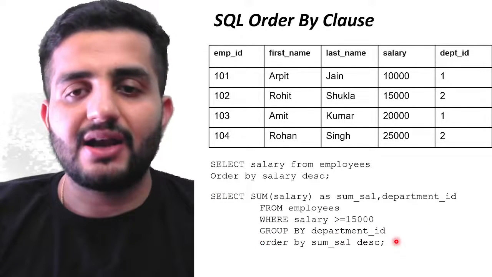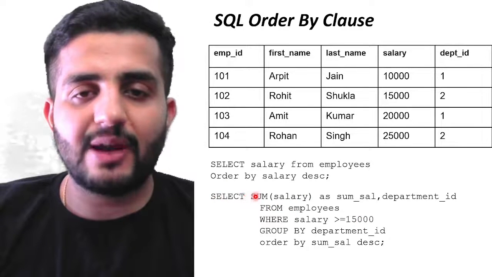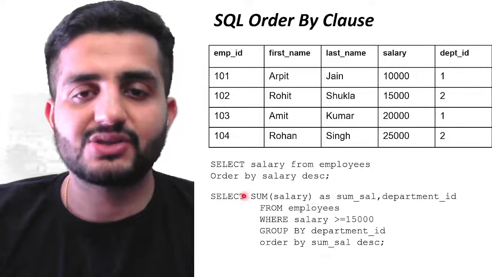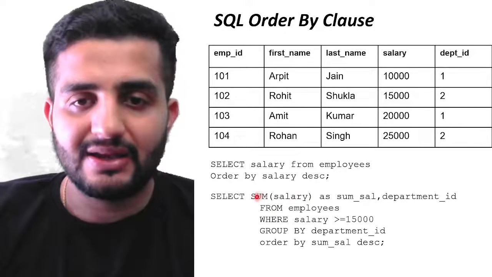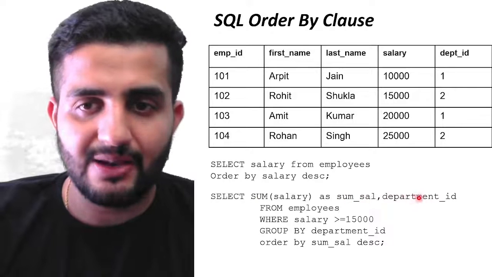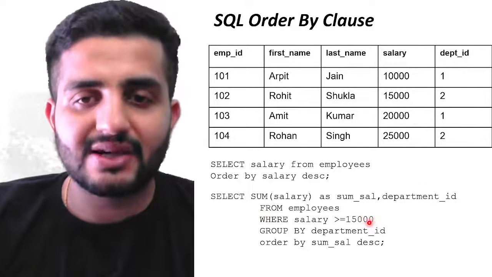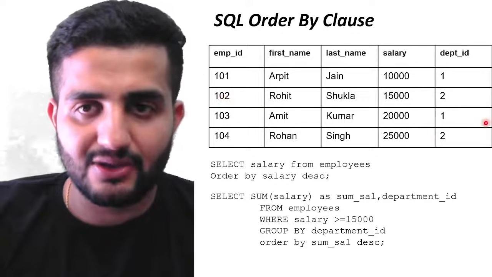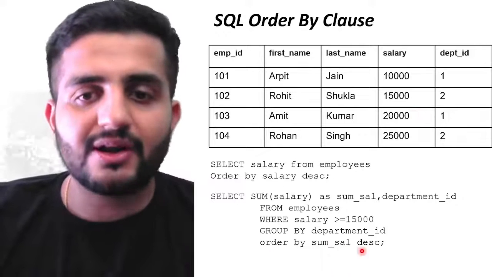अब देखो सेम चीज है. अब हमने क्या करा इसमें गाइस क्विकली. सो इसमें हमने 2 चीजें करा. Look at this. So I'm selecting sum of salary as sum of sal. So I have renamed this column to sum of sal, and I'm selecting department ID from employees where employee ID is greater than or equal to 15,000. So again मेरा 3 rows output में आएगा. Group by department ID, fair enough. Then order by sum of sal